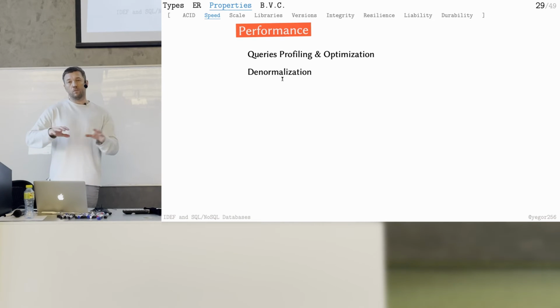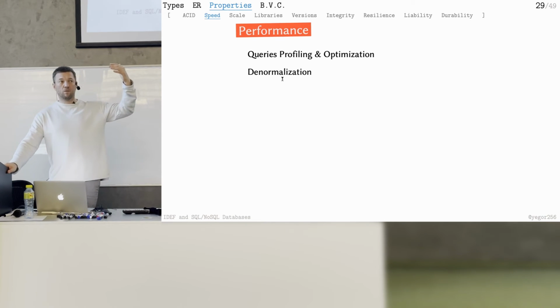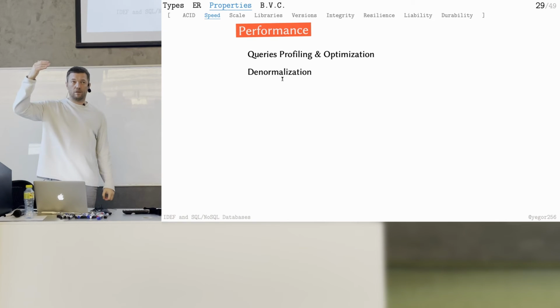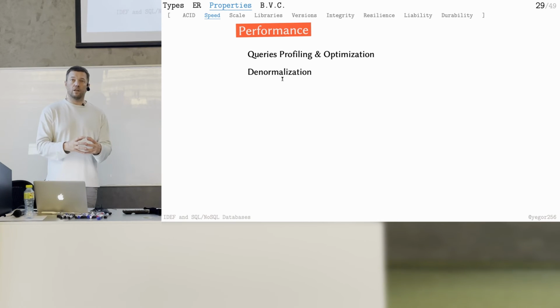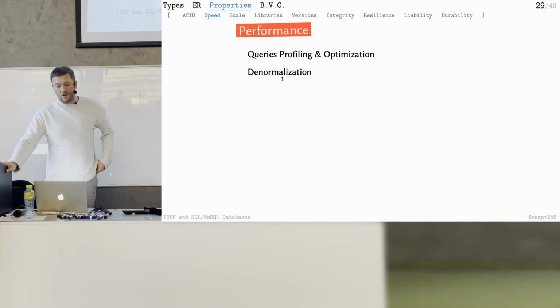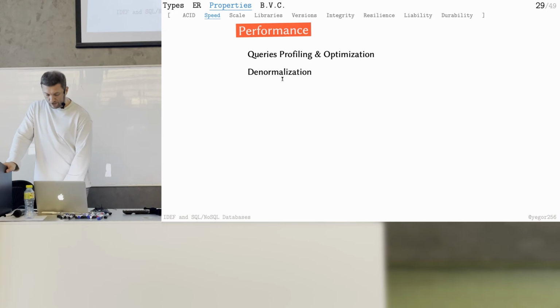For example, in a more normal way, you have a table with users and a table with their accounts. And then you say, okay, it's too slow because I need to join them all the time. So how about I put these two things together? How about I join these two tables and I have a large table with users and accounts all together in one large table? That's denormalization, which is terrible for updates, because we'll need to update more lines every time. Updates will be slower, but selects, retrieval operations, will be way faster. So denormalization is something that you may consider if the database is slow.